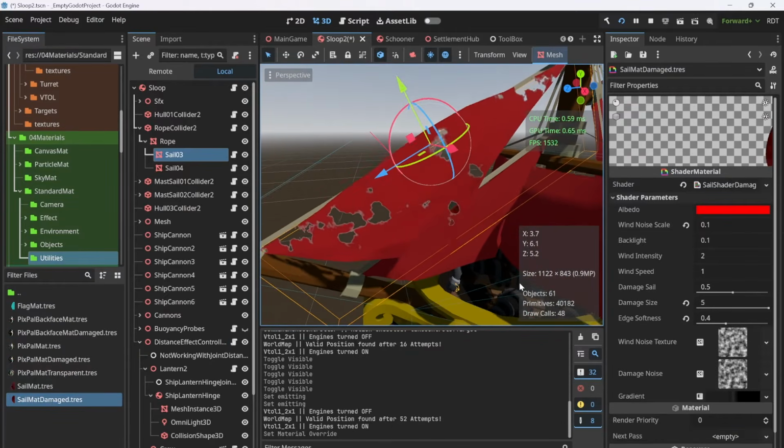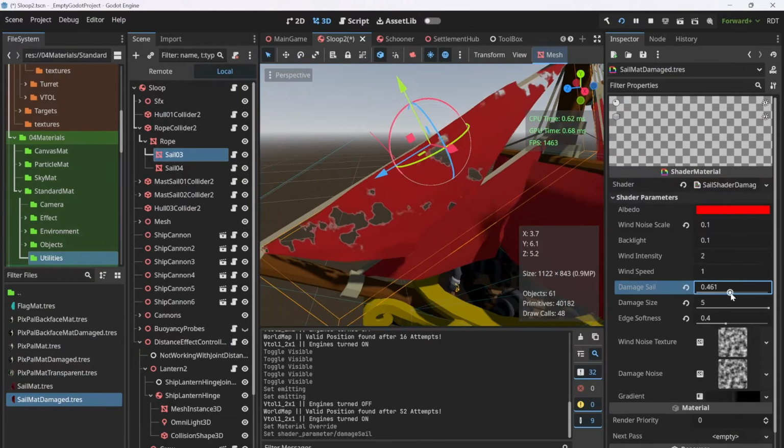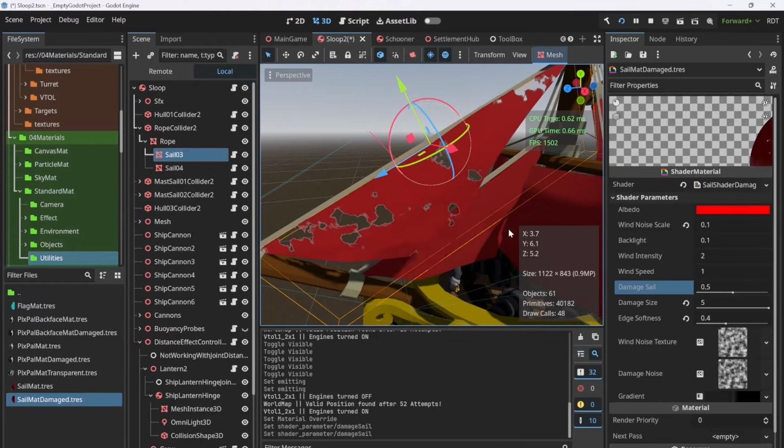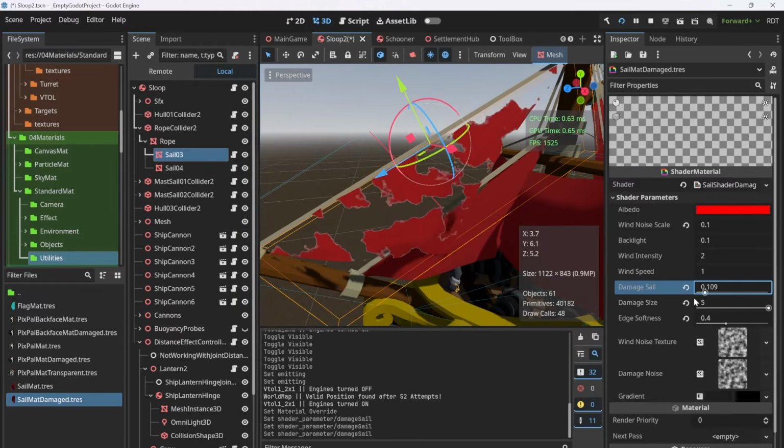And we can dynamically change the sail damage. Why am I showing this? Because it was really hard to hit the sails for demonstration purposes, so I'm showing it just here